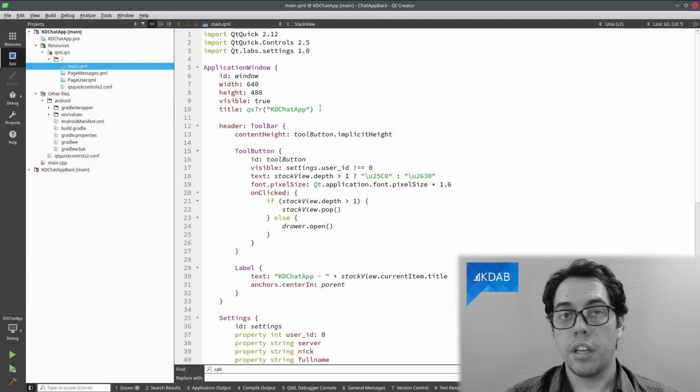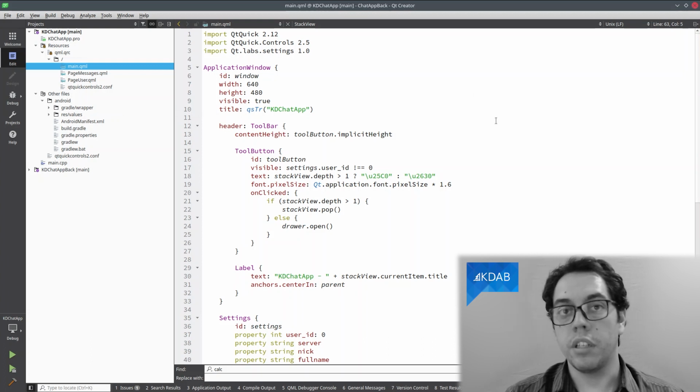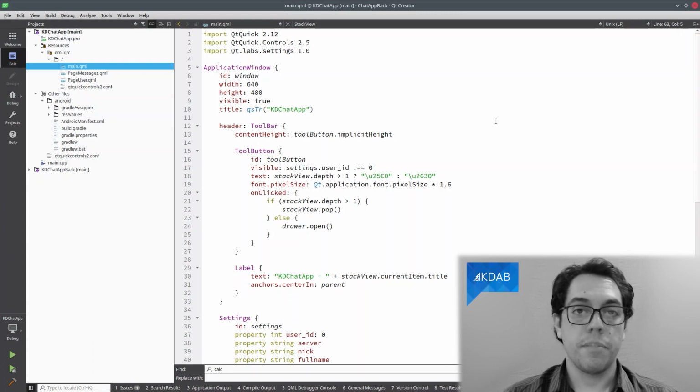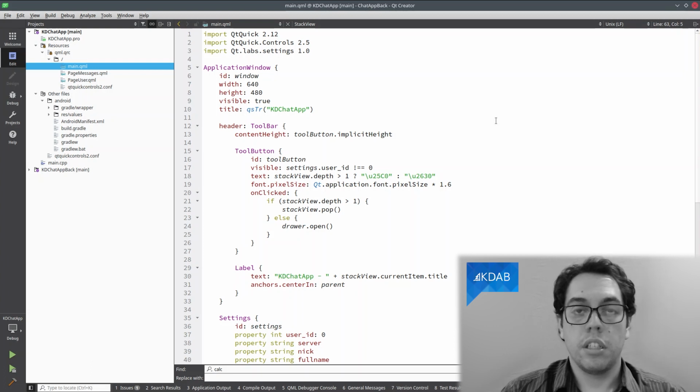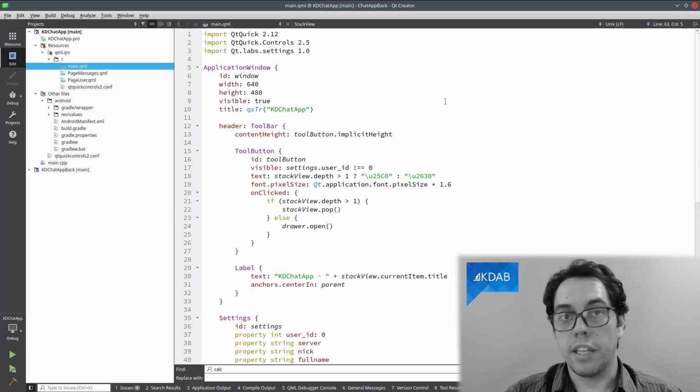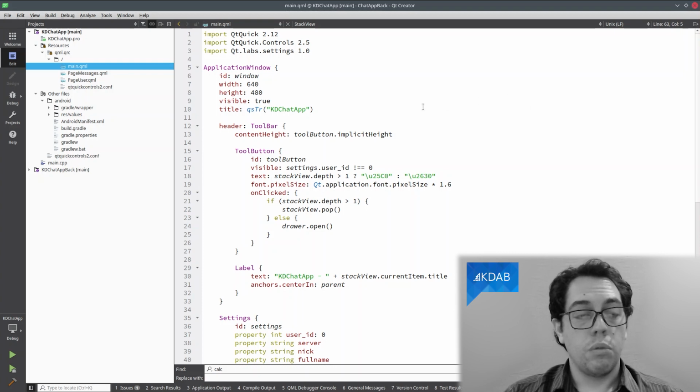So this is the client application, the one that's going to be running on Android. On this first part, you don't need to have Android environment configured, because it can work well on the desktop. But for the push notifications, running on Android is mandatory. So what do we have?